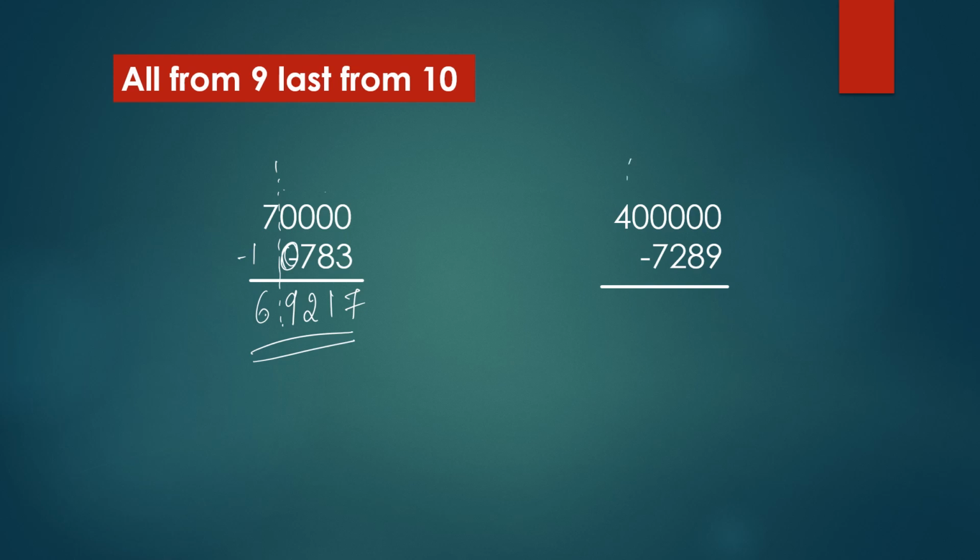Let's see the next one. So again grouping. The first part 4 is one group and the other 5 zeros are one group. 4 minus 1, that is 3. Then there is nothing here, so we can take it as 0. 9 minus 0, 9. 9 minus 7, 2. 9 minus 7, 2. 9 minus 2 is 7. 9 minus 8 is 1. 10 minus 9 is 1. So the answer should be 3,92,711.